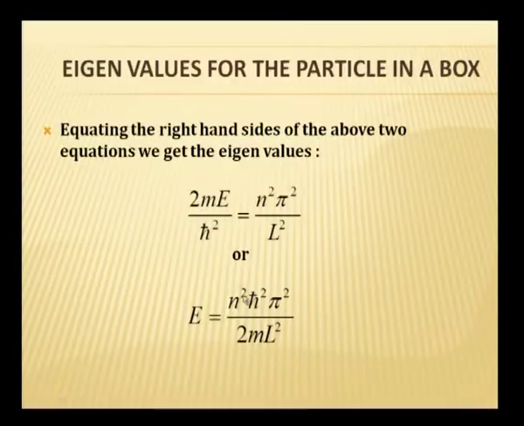The expression that I had for E for a one dimensional case can be extended to 3 dimensions, in which case, instead of n, I will have nx, ny, nz. N square will be replaced by nx square plus ny square plus nz square. Nx, ny, nz, like n, will take only integral values. By doing this, I will obtain what is called the expression for density of states: how many energy levels are there in the valence band or in the conduction band.